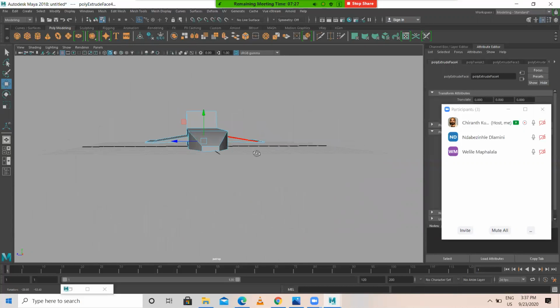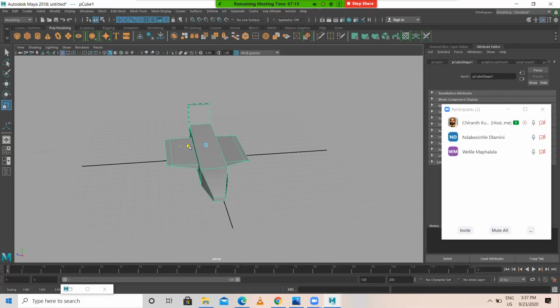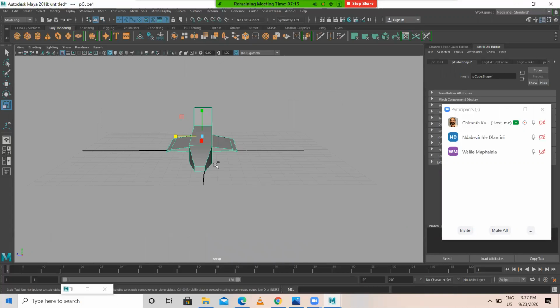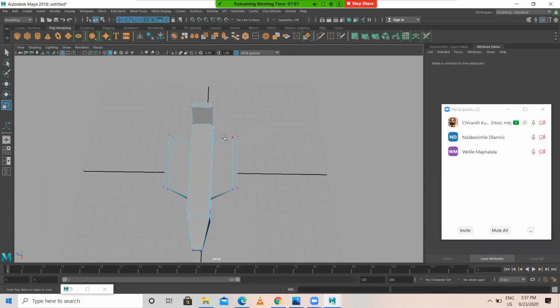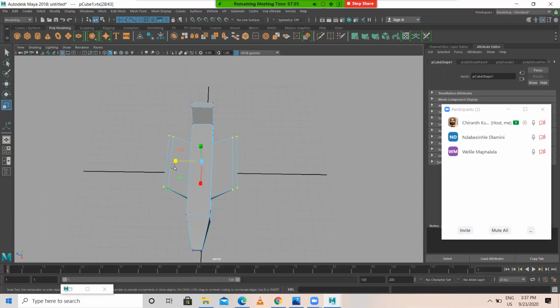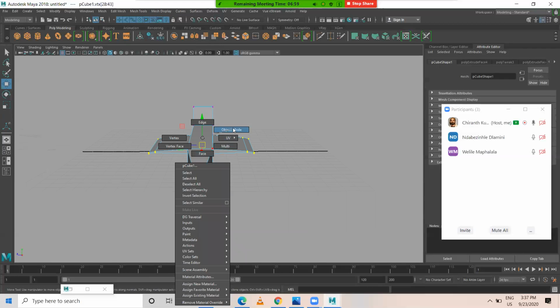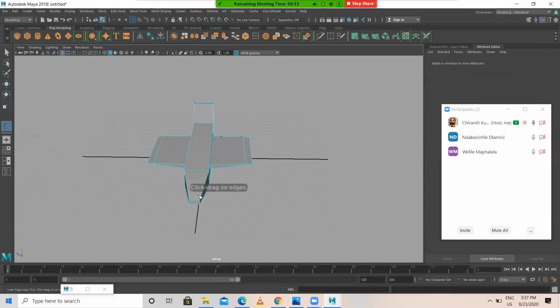Like this. Then I'll come to mesh tools. Again, insert edge loop one more over here to the center.